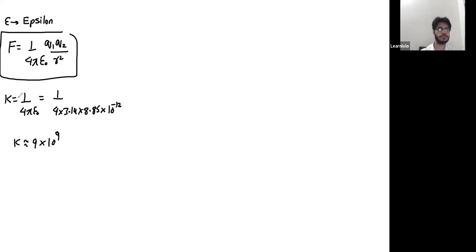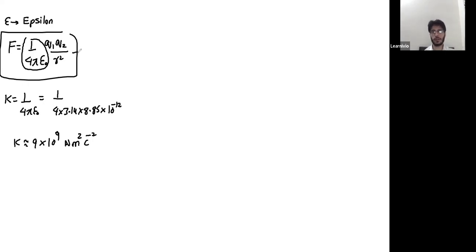And its unit is Newton. You can calculate the unit of this 1 by epsilon naught now. 1 over 4 pi epsilon naught is K. So the unit is force, just multiply with R square, so it's meter square. Divide here with this Q1, Q2, so this is per coulomb square. So you can use this value of K directly in numericals, 9 into 10 raised to the power 9 Newton meter square per coulomb square. So that is Coulomb's law for calculating force in meter.